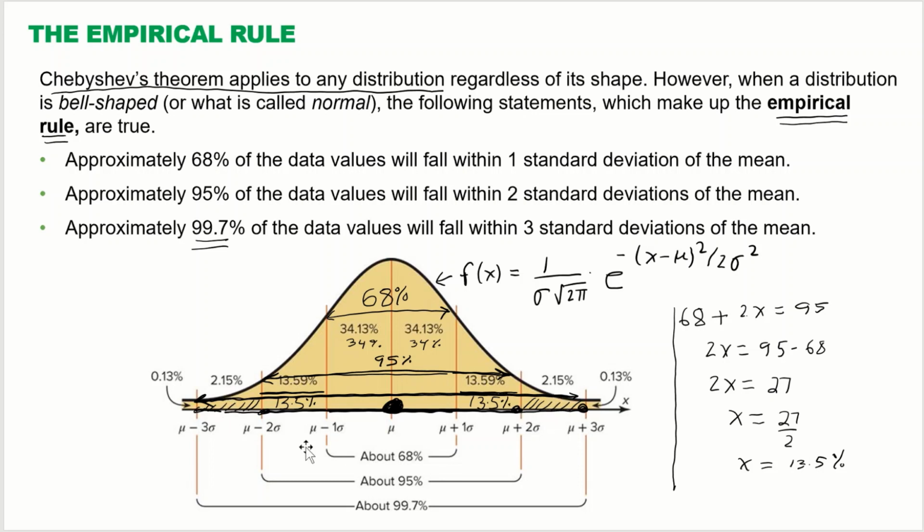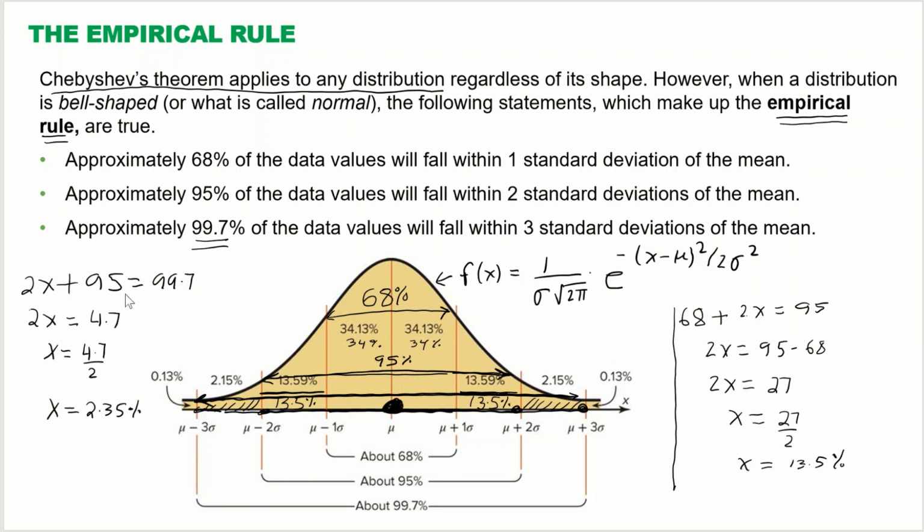So if this is x, that is 2x, and then within the 2 standard deviations, you already have 95% here. So 2x plus 95% will give you the total area within 3 standard deviations, which is 99.7%. Okay, then if we solve this equation,